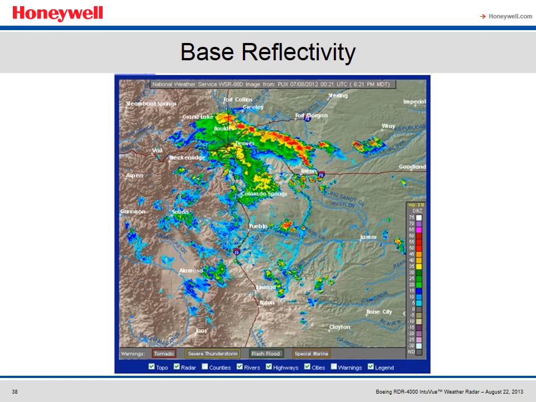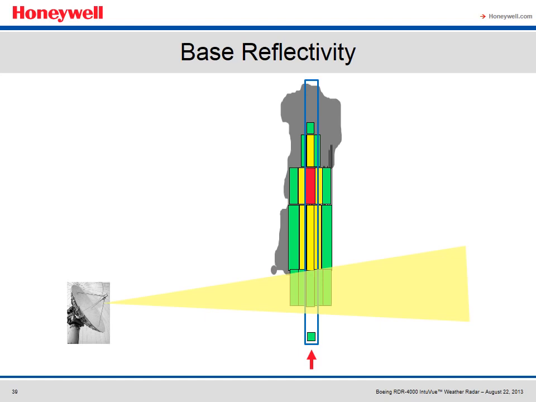This concept is very similar to the National Weather Service images. They provide two types of reflectivity data called base and composite reflectivity. The image shown is a base image. Think of this image as showing the rainfall at the surface. On a base scan, the system uses a single tilt angle and shows the base reflectivity data. What is shown here is a single base scan on a column of weather, outlined in blue, that would result